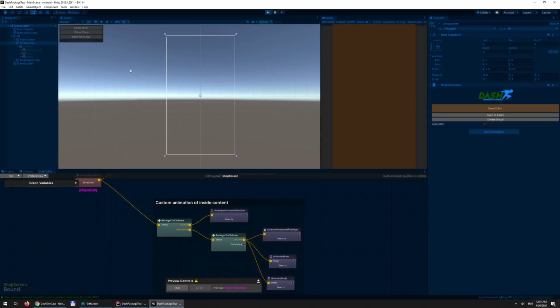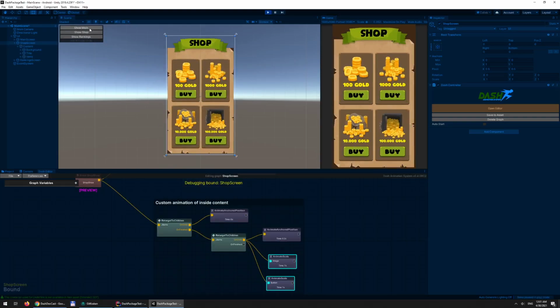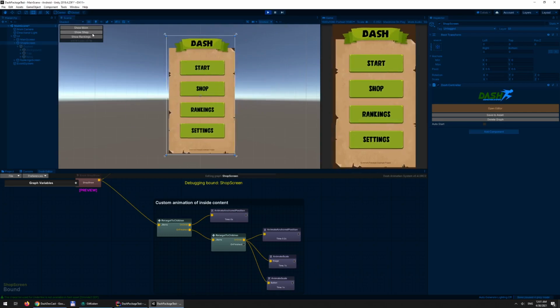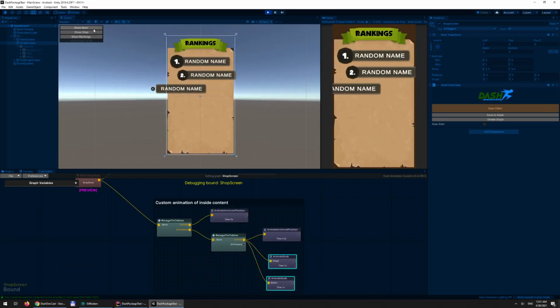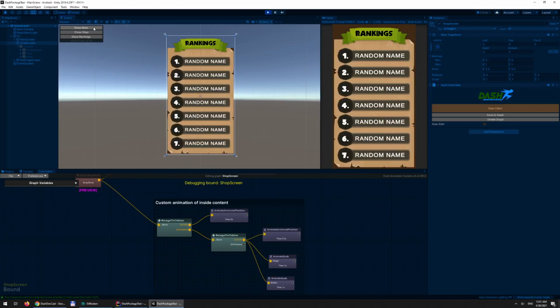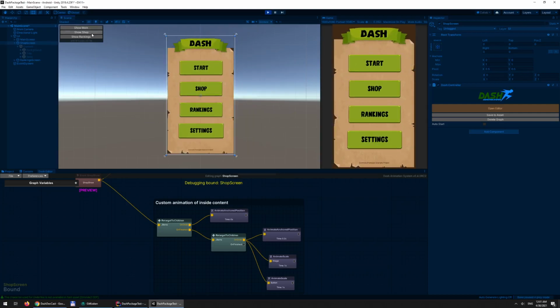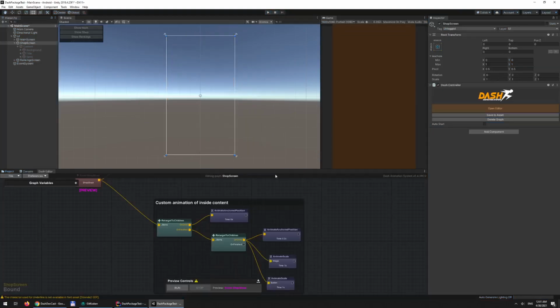So if we look at it like this, you can see that all these animations, or part of the animation for the showing and the hiding animation, for all the screens are the same. It's not really great